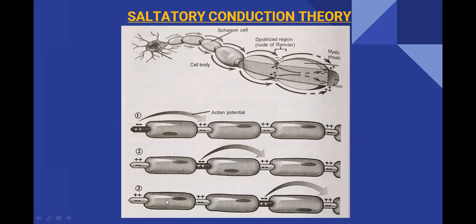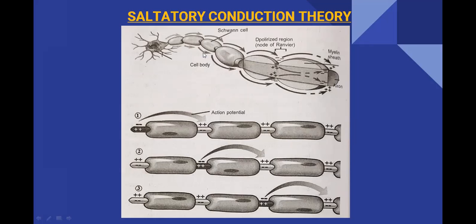So the action potential or nerve impulse will be propagated in myelinated neurons in a jumping manner. The nerve impulse will jump to the first node, from the first node to the second node, to the third node. In this way, the conduction of nerve impulse is like jumping. That's why this is called saltatory conduction. And saltatory conduction is very, very good.